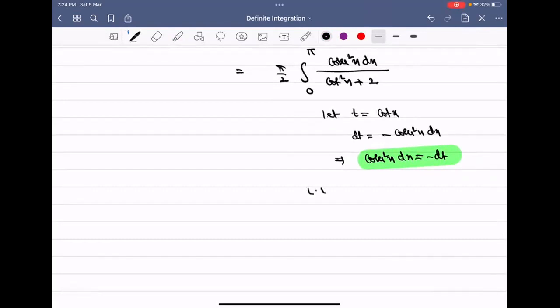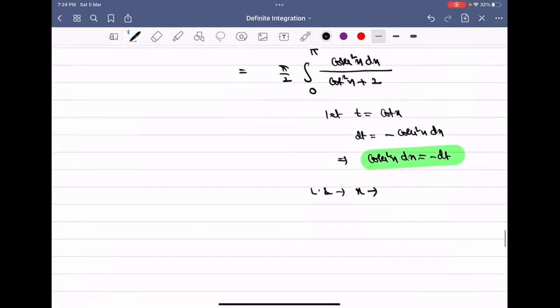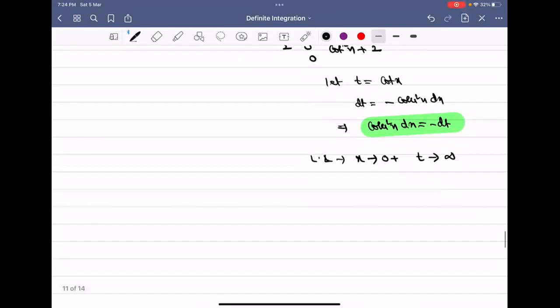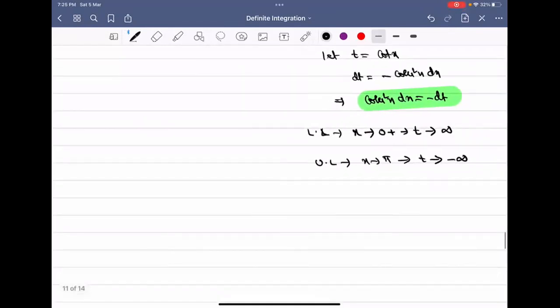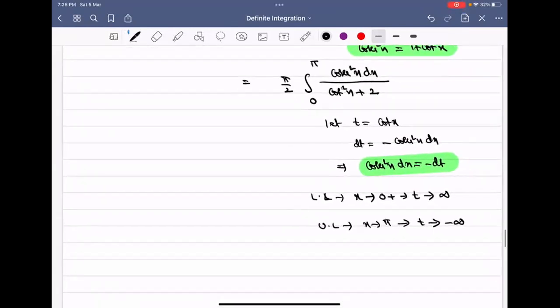So the lower limit, here we will find the limit extending to 0 plus. If you approach 0 from the right hand side, then cot x tends to infinity, that is t tends to infinity. This is the lower limit. Now the upper limit, here the upper limit extends to pi, then cot x tends to, that is t tends to, minus infinity. So now the limits are set, therefore I is equal to, with this substitution,